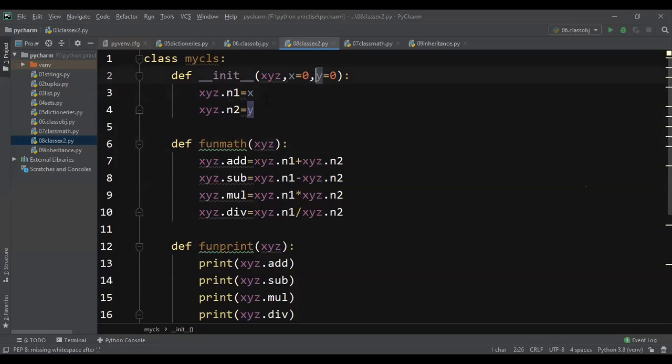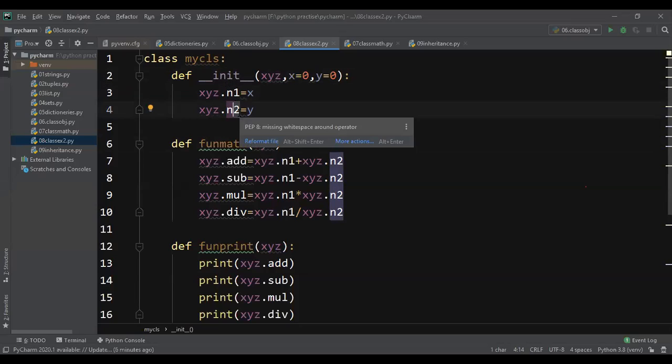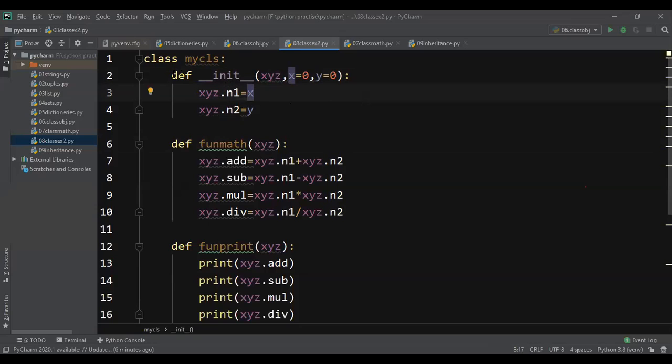Now I'm taking Y, and I'm storing Y in another variable called N2. That means number 1 and number 2. So the moment you create the object for the class, you have to pass the numbers along with the object creation. Those numbers will be allotted to N1 and N2 automatically.